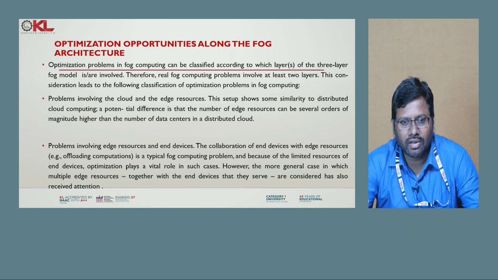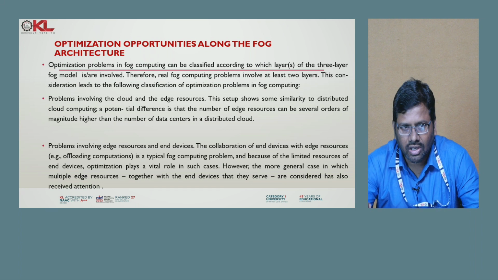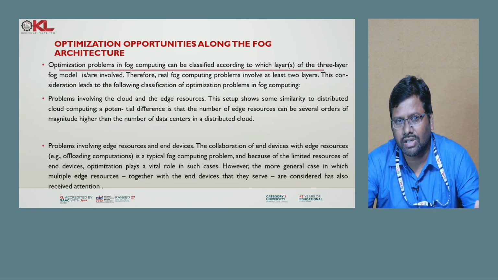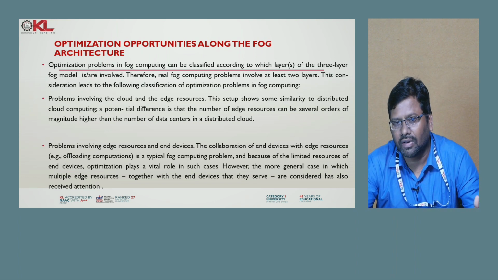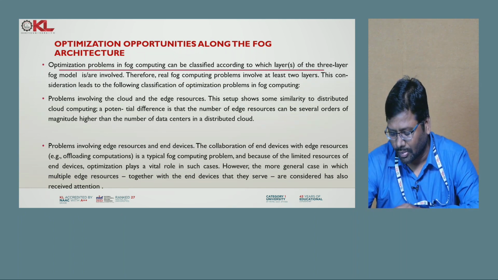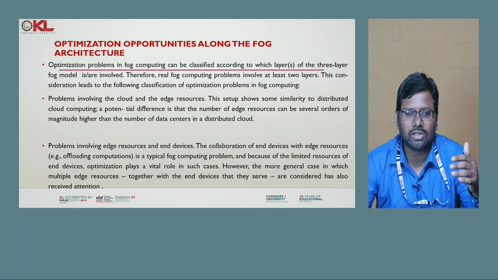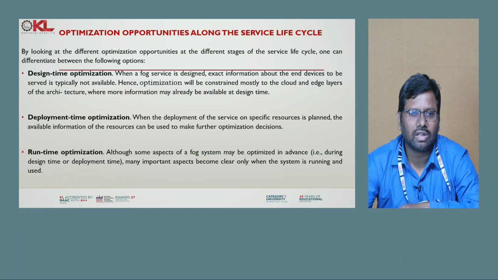Problems involving the cloud and edge resources could also be carried out, and problems involving the edge resources and end devices. If we observe the hierarchy, the top level cloud is there, after that edge resources. If there is any problem arising between the communication of them, that could be overcome. After that, at the next level, edge resources are connected to the end devices. If there is a flaw or any sort of problem between the communication of these two levels of devices, that should also be overcome. The collaboration is very important, whether it arises from the cloud to the edge resources or from the edge resources to the end devices. So that is very important.